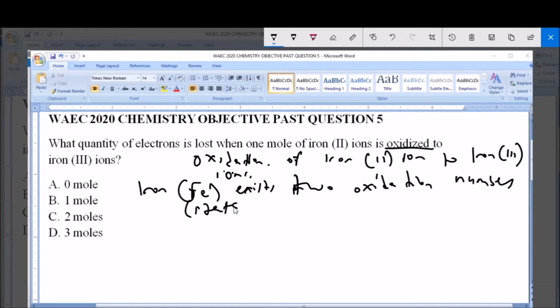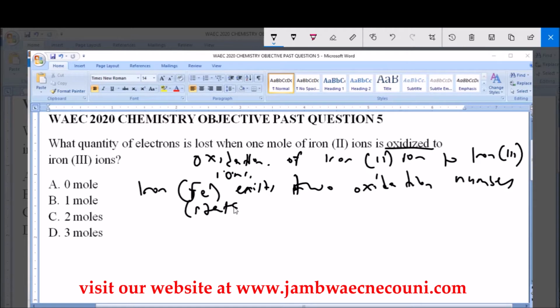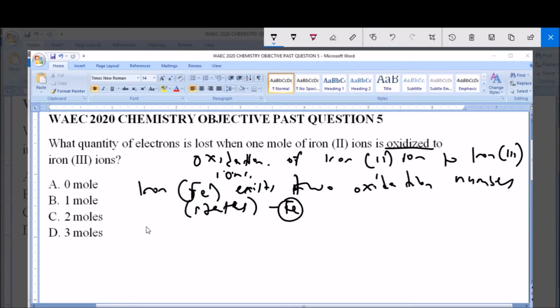So iron can lose electrons in two ways to exhibit two different oxidation states. So it can have an oxidation number of +2, that is as iron 2 ion, or it can have an oxidation state of +3 as iron 3